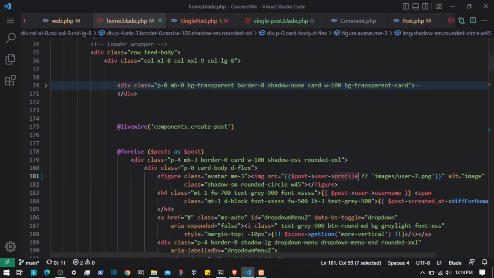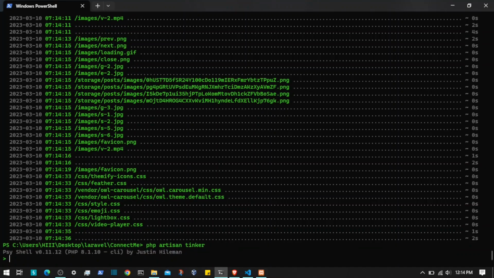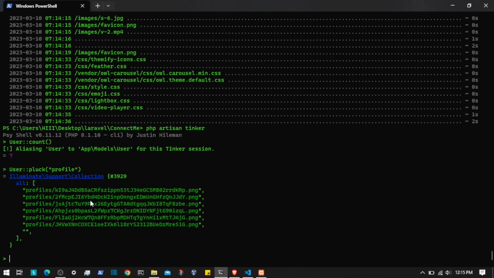Let's do one thing. What we can do, check all users. How many users do we have here? Tinker, user count, and we have 7 users. And let's pick the profile from all of them, and it shows, oh okay, that is profiles actually. Oh my god,